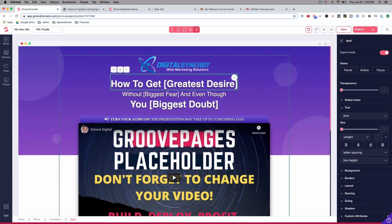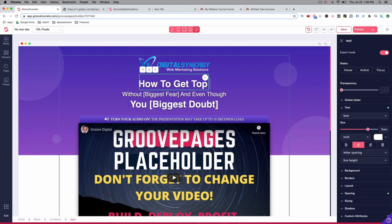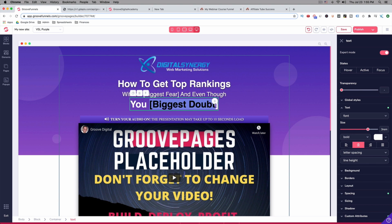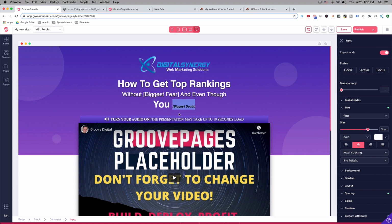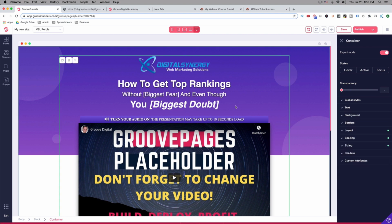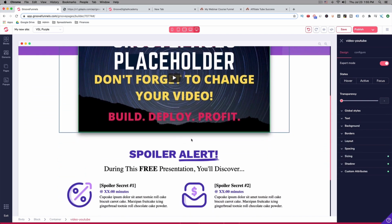You can also come in here and change your headline text or whatever. You could swap it out. You can make it basically just like a word processor. You can make it bold, you can italicize it, you can do all kinds of stuff just like you would with a normal word processor. So that's that. You can change the videos, you can change